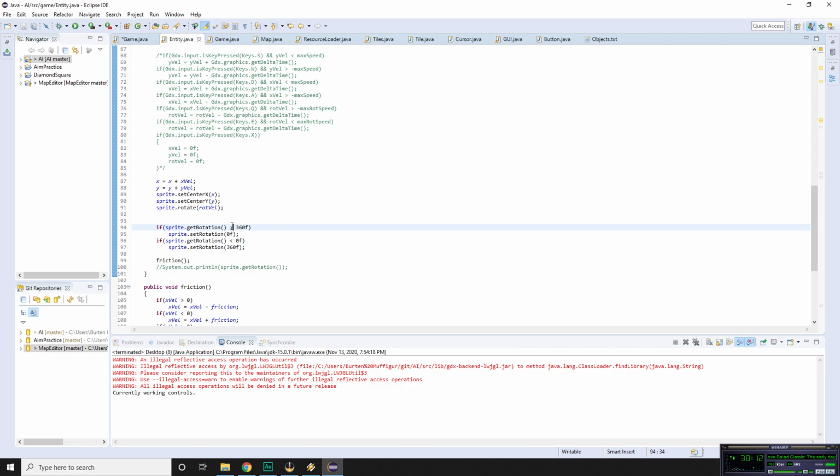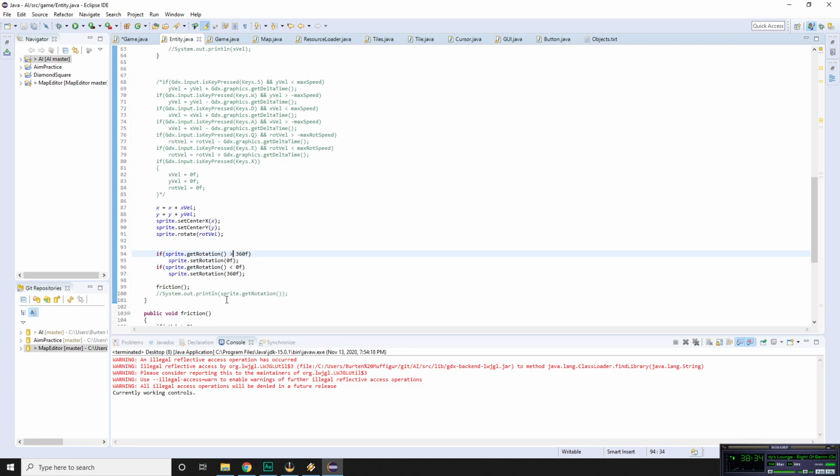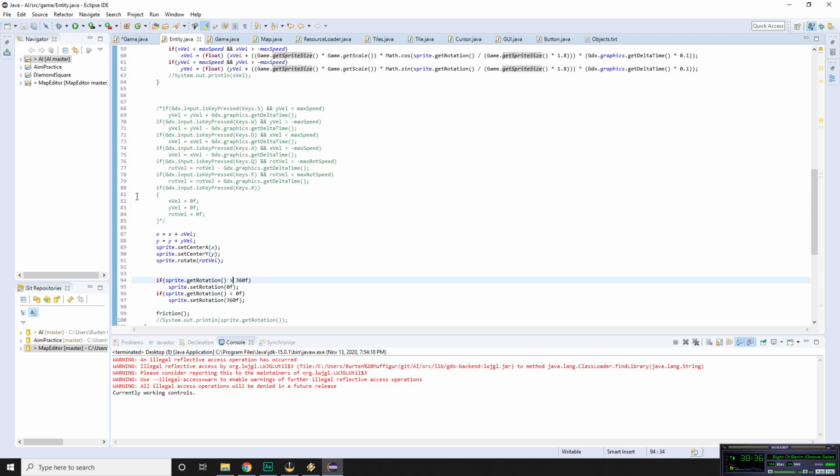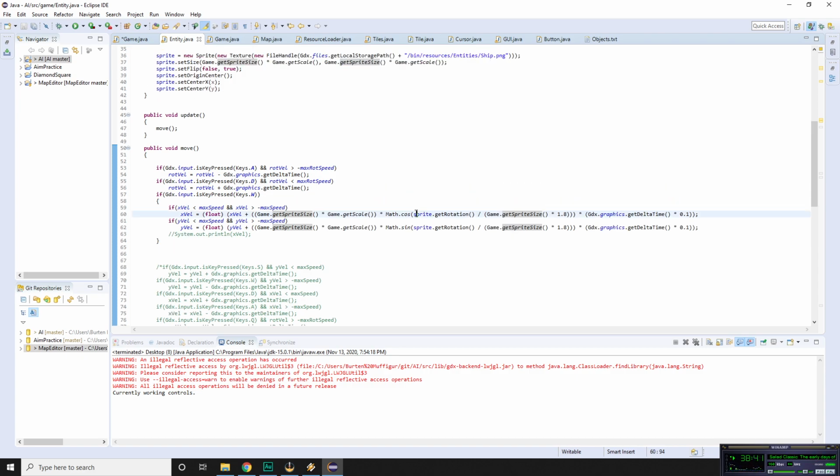If greater than 360, it should be 0. And then if it's less than 0, it's now 360. That way it kind of loops it, because without doing this, it could go higher than 360 and less than 0. But we want it to be in that circle of angles. But then if you do the cosine of that rotation, anywhere between 0 and 360,